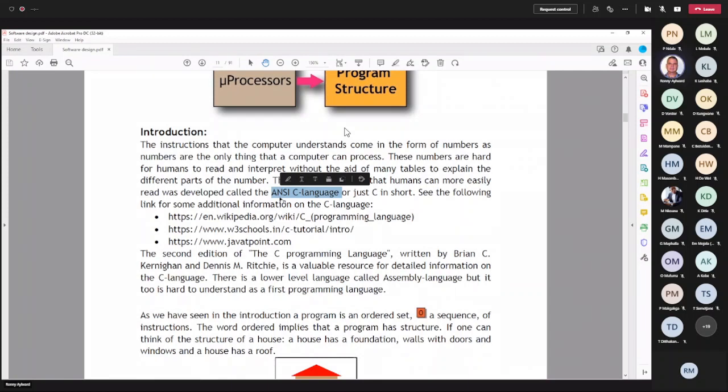Now, just like with English, where we've got characters making up words, and those words have very specific meanings, and we construct them into a sentence, and the sentence conveys some information. Similarly, when I write a C program, there is a structure to everything.